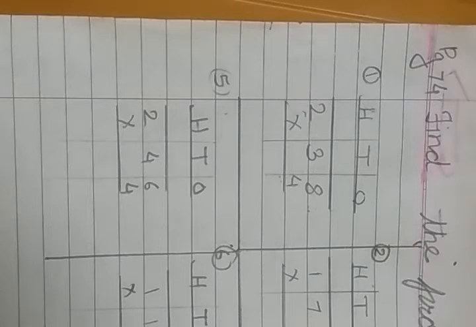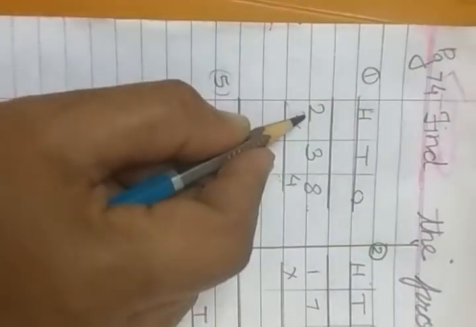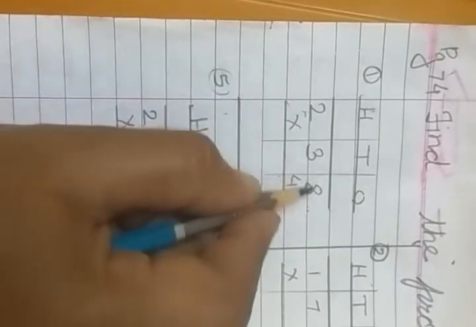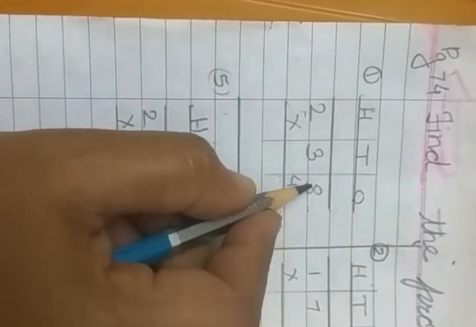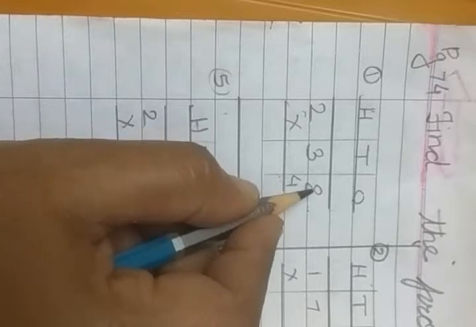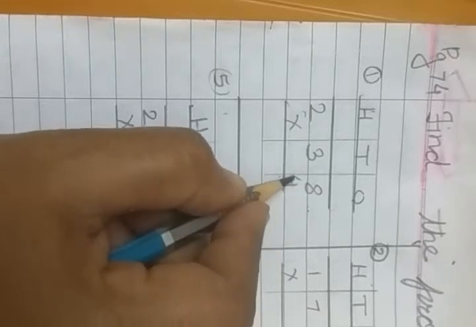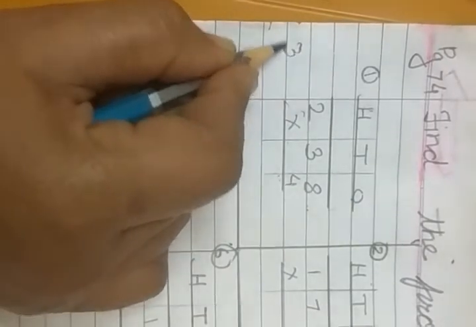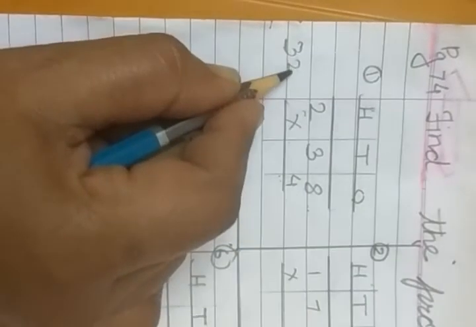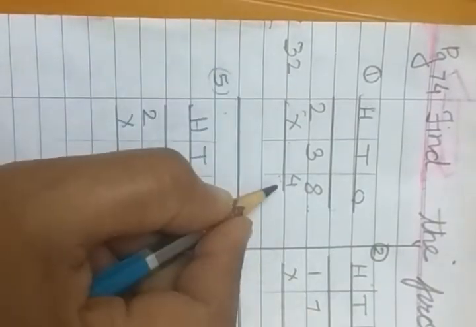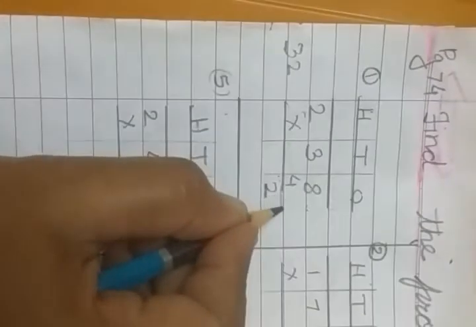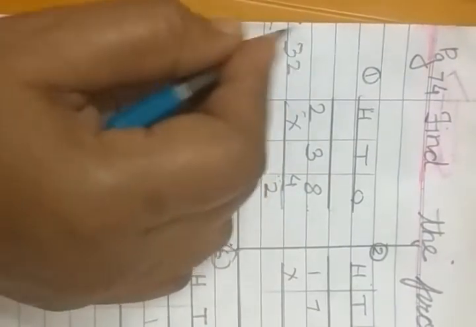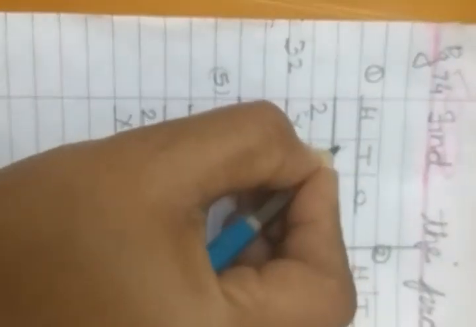Now, dear students, first one: 238 multiplied by 4. And here, first we will begin with the ones side. 8 fours are 32. 32 ones. In 32 ones, 2 will remain. 2 ones will remain at the ones column. We will write it under the ones column. And 3 tens we will carry over in the tens column.